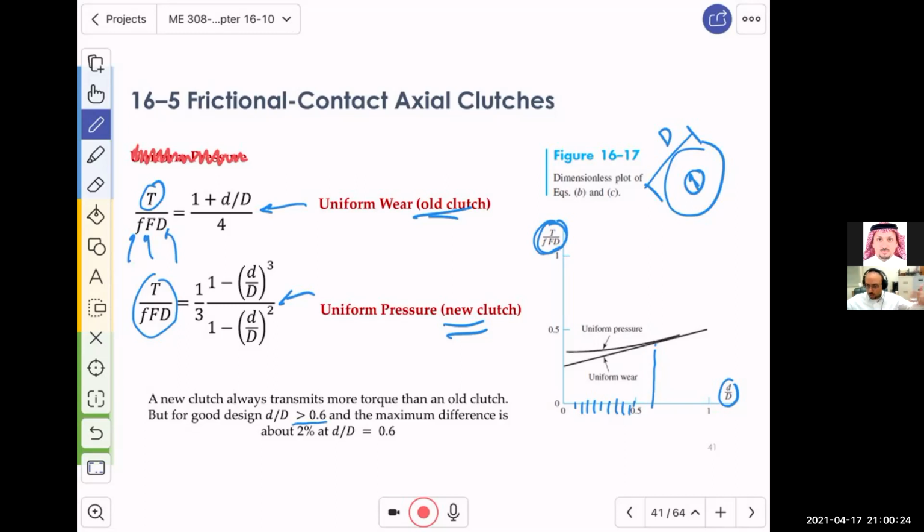Although you are operating the clutch and there is wear, you are still maintaining a torque substantially very close to that of a new one,